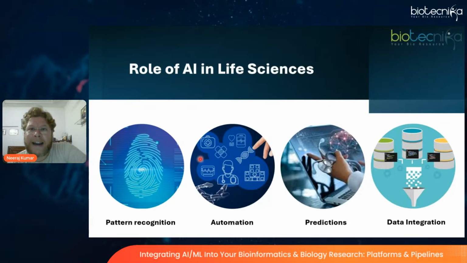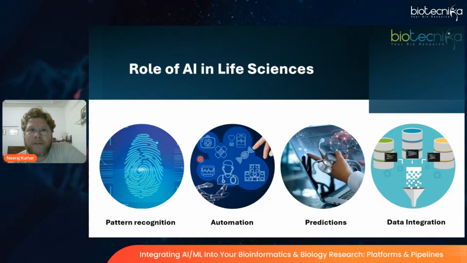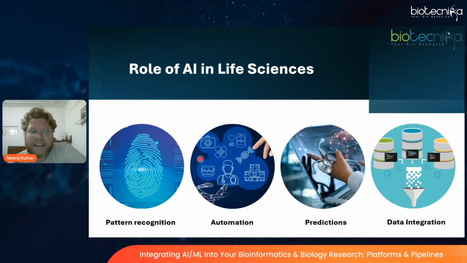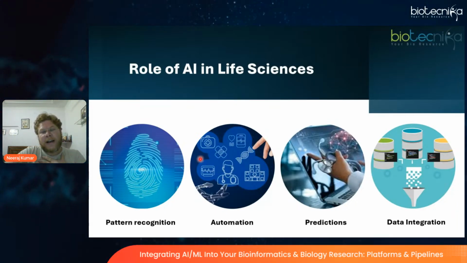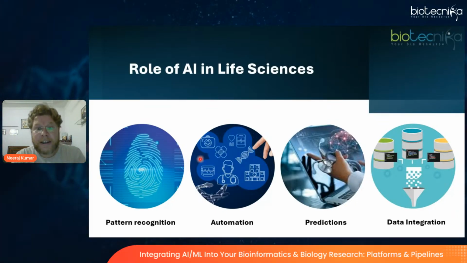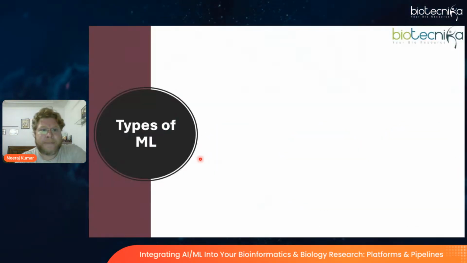So AI can connect and standardize data from various sources to create a single and comprehensive view. Okay, so the unification of data sources can allow researchers and doctors to access a complete picture of a patient's health as well as disease characteristics. These are the revolutionary applications which are tremendously accelerating the discovery process, understanding process, and the innovation process, right?